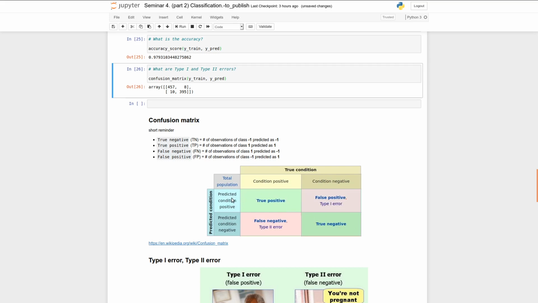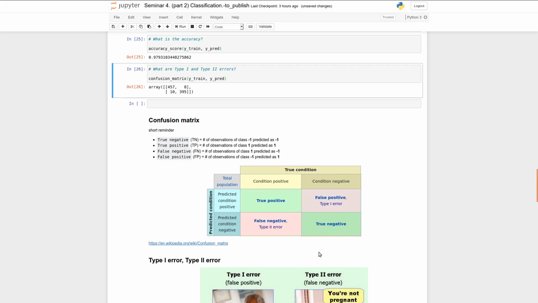So if the observation is of class 1, and your model predicts this observation as a 1, then this observation is called a true positive. So it has a positive class and it was predicted as a positive class. If your observation is of negative class and it was predicted as a negative class, then this observation is